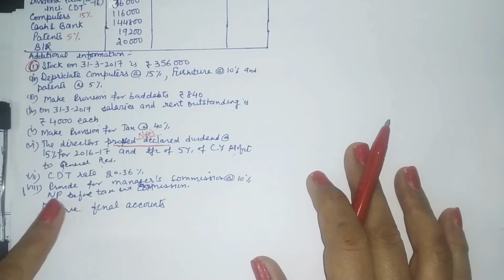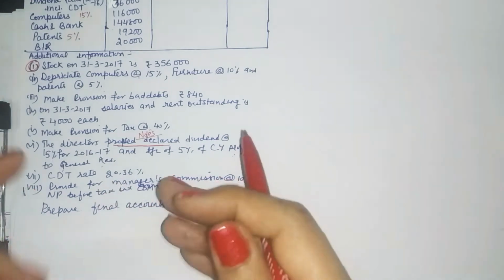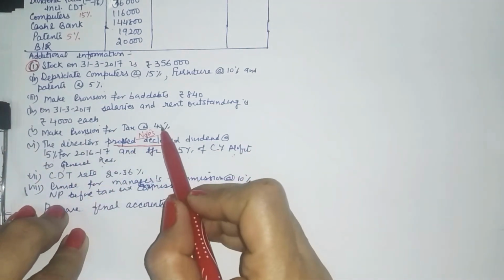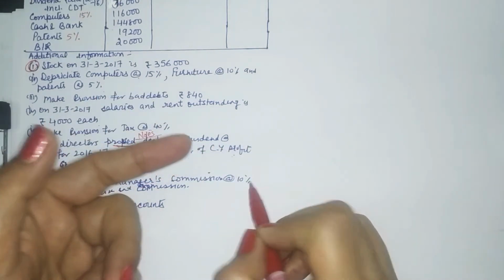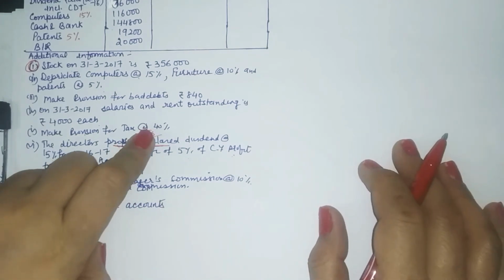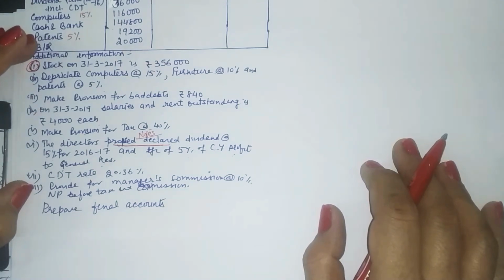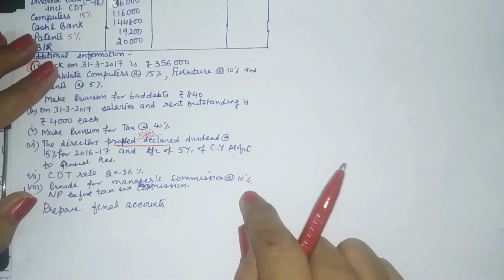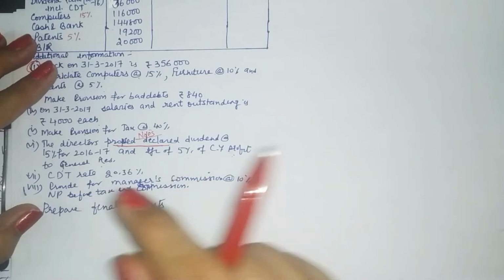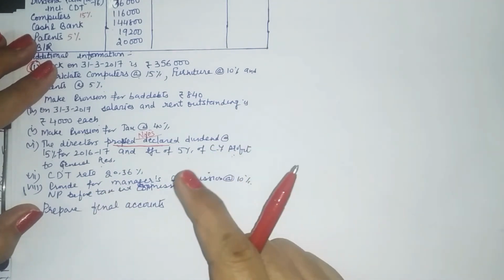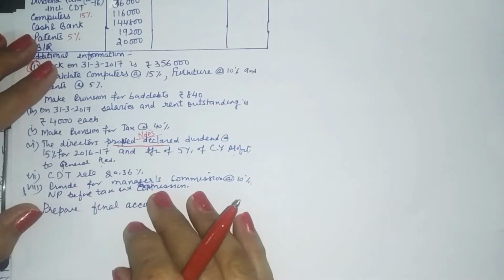And if it is after tax and commission, that means you are to consider profits after tax. So how much profit is left after tax? You are to provide for 40% tax. It means that your 10% rate of commission effectively comes out to be 6%, because you will pay 40% of the profit as tax, so you will be left with only 60% of profit. So in a way, if your profit is 60%, the 10% of that profit will be 6%. So when it is manager's commission after charging tax, we take up the changed rate. We change the rate, and if it is after commission, we change the base. However, in this problem, it is neither of these two.